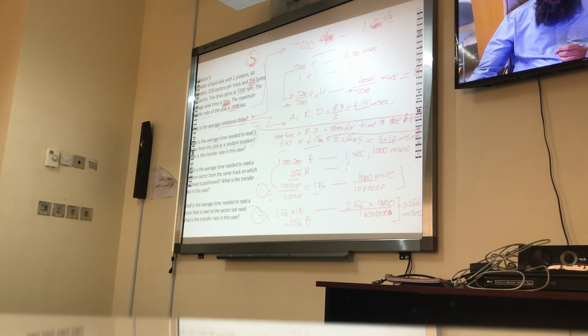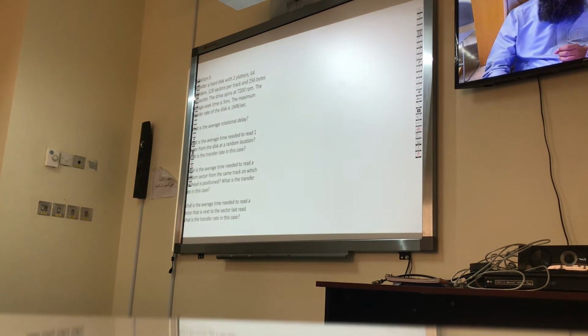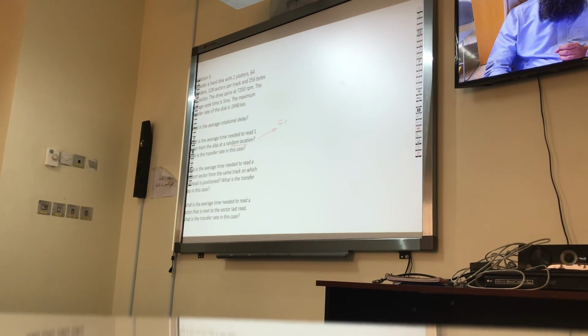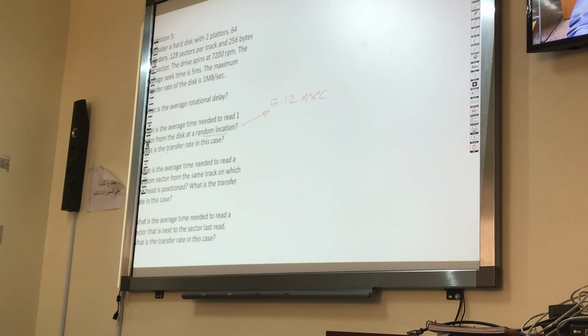Let me clear the screen here. So I asked this question, what is the average time needed to read one sector from the disk at a random location? We found out that it is 5.12 millisecond. Now I'm asking what is the transfer rate in this? So what is a rate? Transfer rate means something per second. So what does 5.12 millisecond mean? What I have is 256 bytes will get transferred